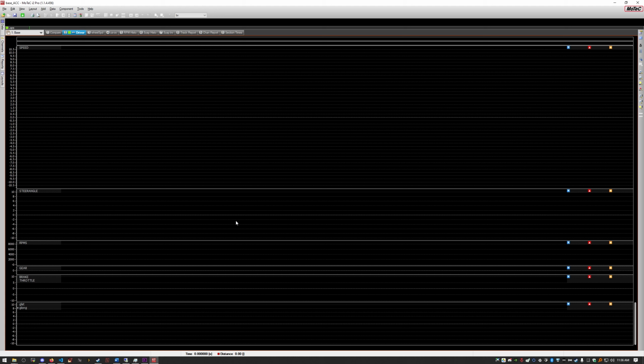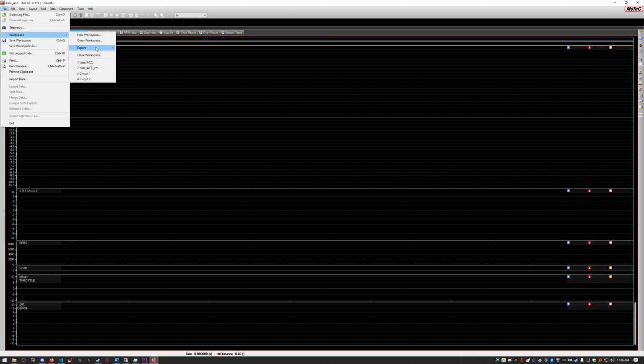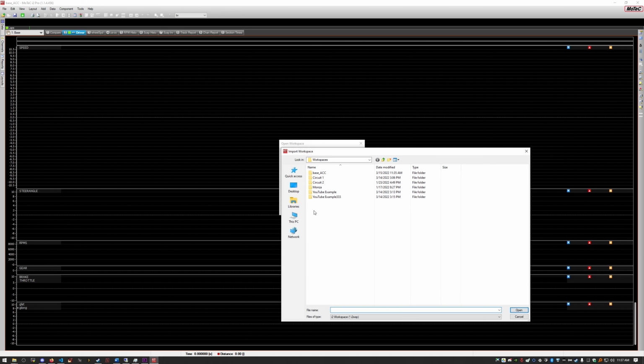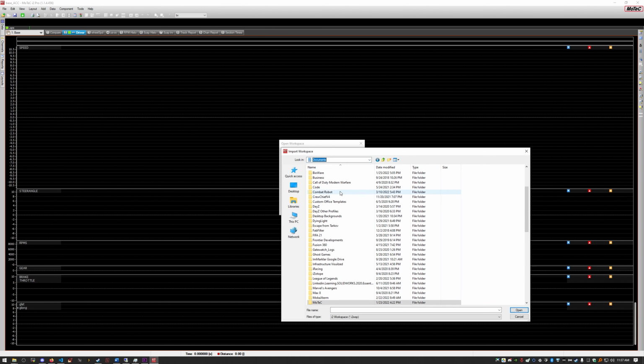The next thing that we have to do is actually set up Motec to read those telemetry files. And to do that, we're going to come up here and go to Workspace and open a workspace. So ACC comes with a workspace that analyzes all the data for you by default, and we have to import that. So what we're going to do is go to import and navigate to our ACC folder. It's the same place where the telemetry files are stored. So that is Documents,